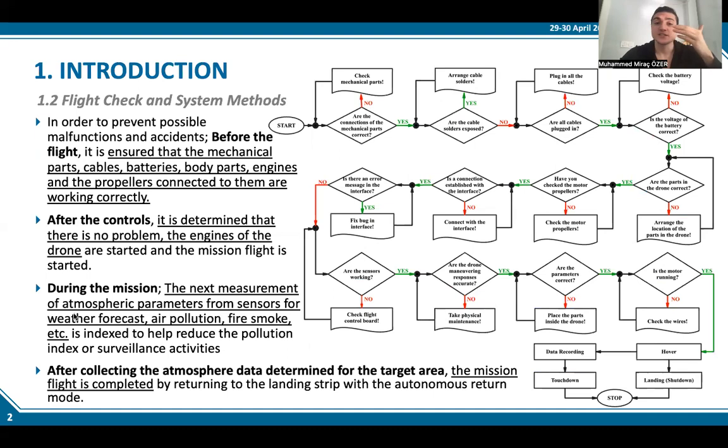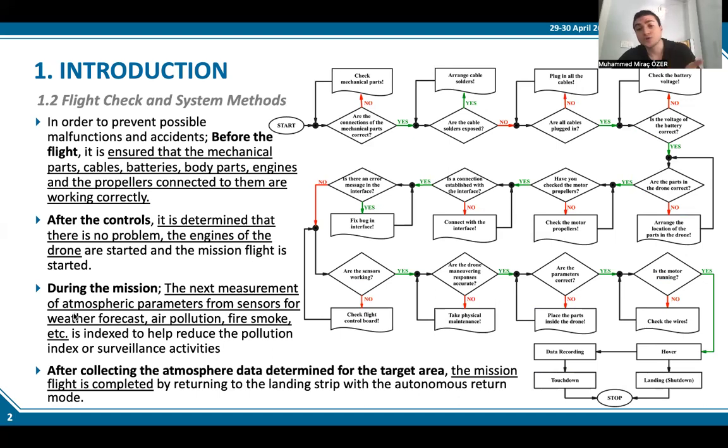Flight check and the system methods. The figure shows, together with the block diagram, how the quadcopter control system controls before, during, and after the flight, monitor and collect atmospheric data. In this context, in order to prevent possible malfunctions and accidents before the flight, all the